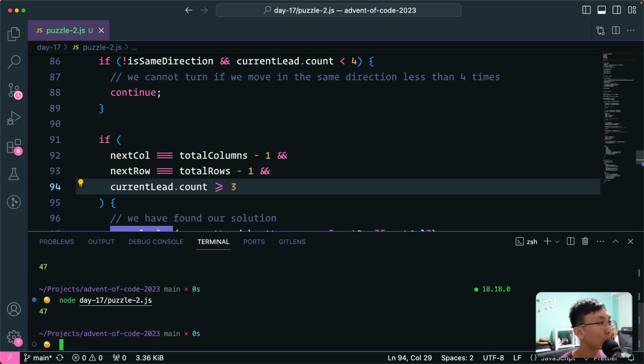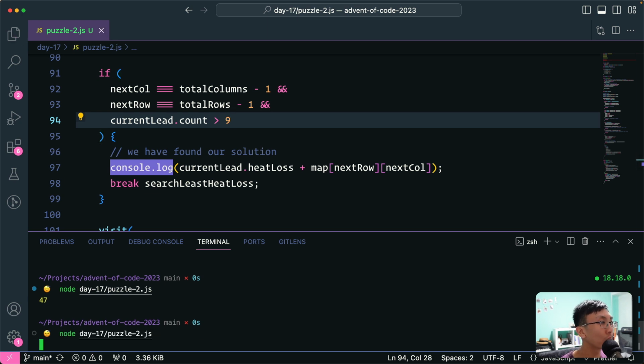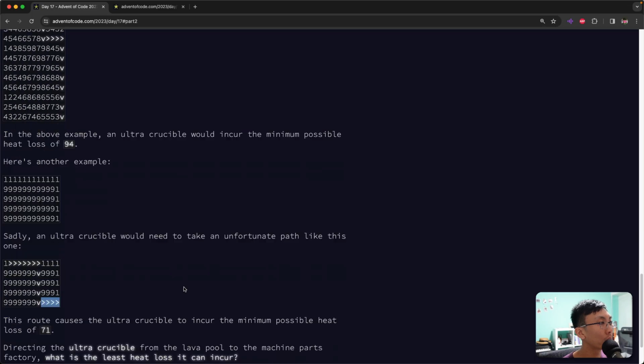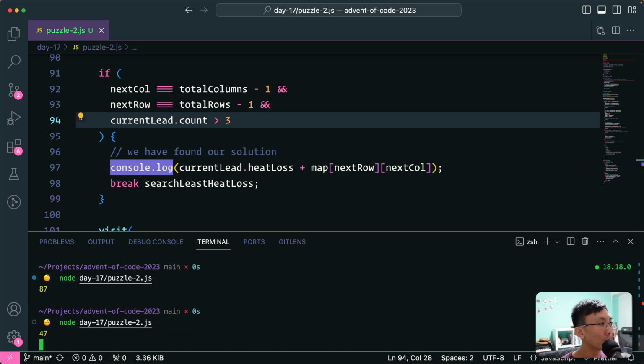Let's see. No change. Even if I add this, it doesn't make any change to the solution. But if I say at least... If I change this, doesn't change anything at all. Or maybe change to 5. 95. Greater than 4. 87. Greater than 3. I guess that's the...